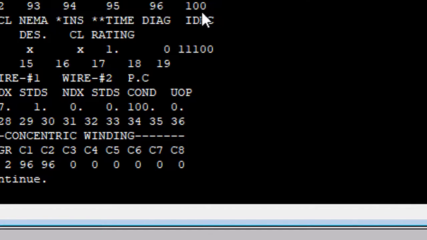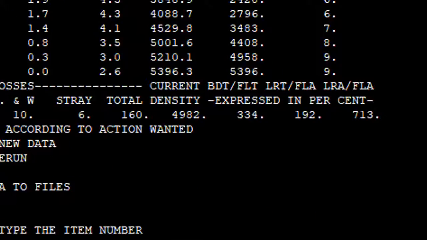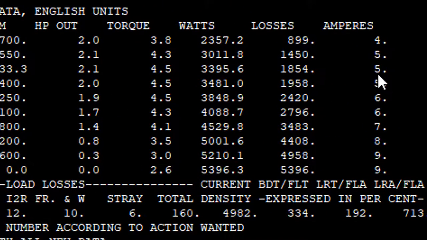I decimals, one variable, 100. Right now it's 11100, corresponding to the decimal places. Actually, the numbers to the right of the decimal place: horsepower, torque, watts, losses, amps. Just got to remember that order: horsepower, torque, watts, losses, amps. And we've got 1 decimal place, 1 decimal place, 1 decimal place, 0 decimal place, 0 decimal place. What we really would like, I think, here is maybe 3,